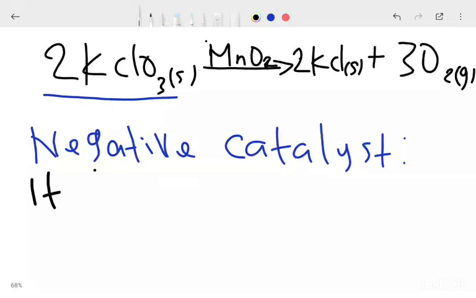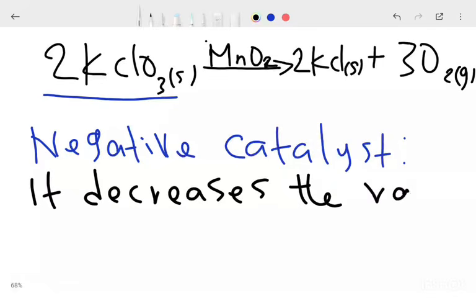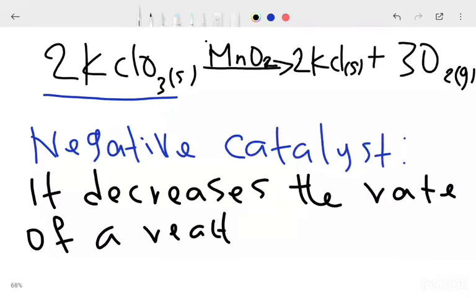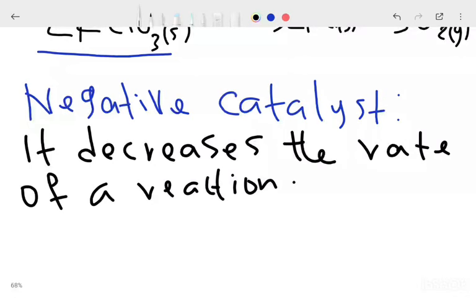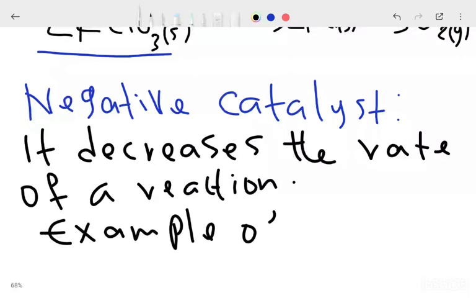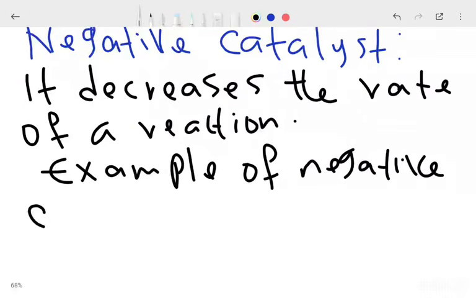It decreases the rate of a reaction. So, an example of a negative catalyst,